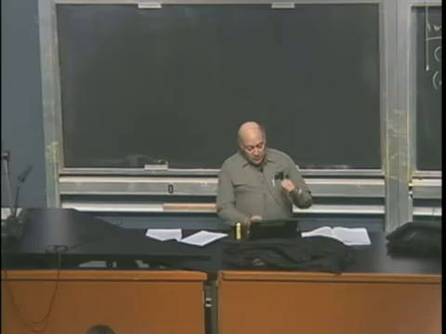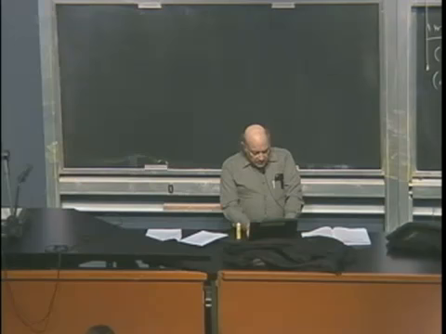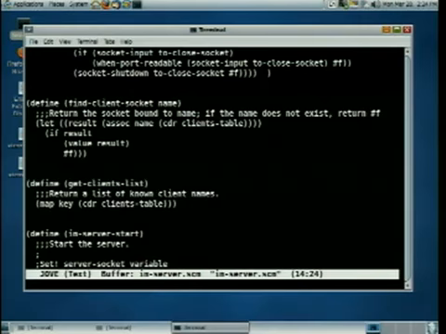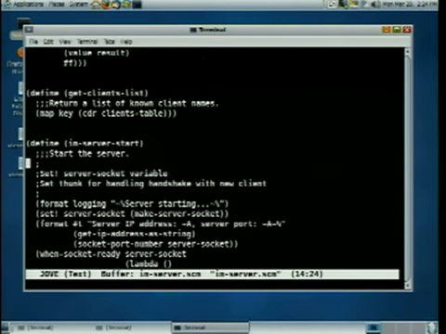So what happens when you enroll? You send a message. Well, let's start actually right at the beginning. Here's IM server start. This is how I started up the server. So what does it do? It prints a message. It calls make server socket. A socket isn't a number like 42275. It's an abstract data type. It includes a port number and a bunch of other things.